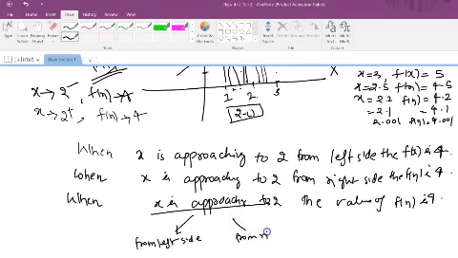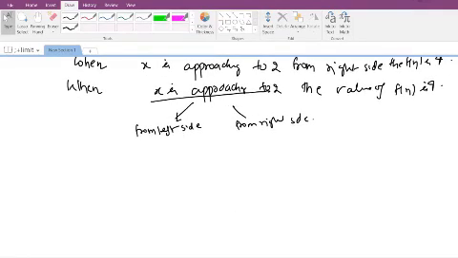So if someone asks, when you say that when x is approaching 2 the value of your function is 4, from which side, you can say from either of the side, right? So when you have this liberty that your answer is from either of the side, then we say that yes,